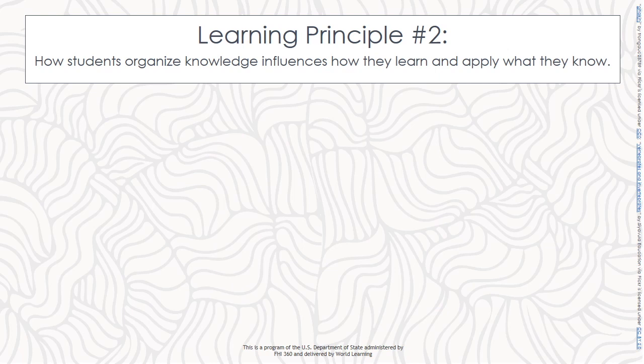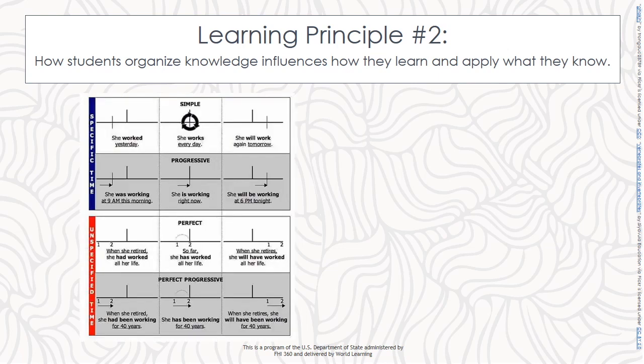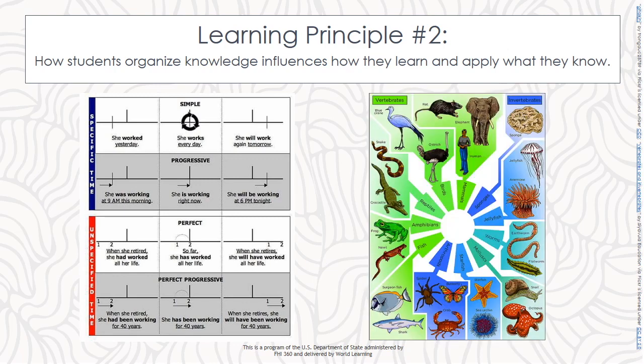Learning principle number 2. How students organize knowledge influences how they learn and apply what they know. Knowledge organization has to do with how a person relates ideas to each other. For example, we relate verb tenses to timelines and to each other, and we divide up the animal kingdom into